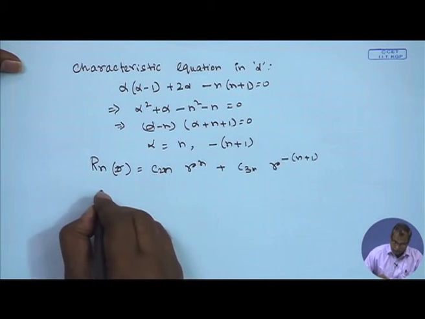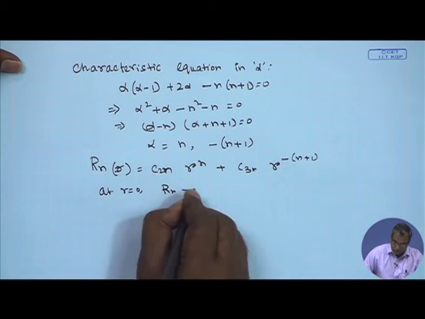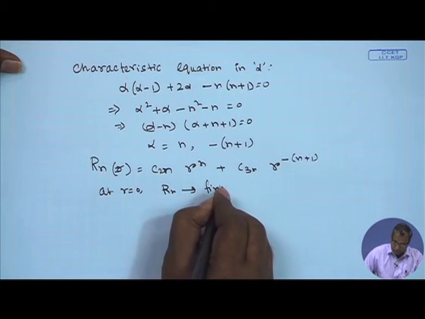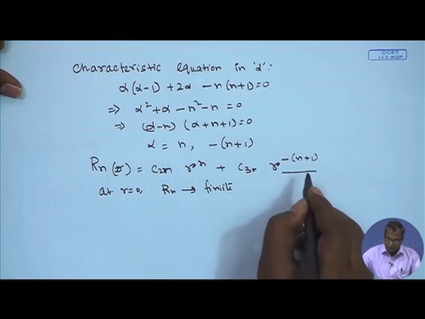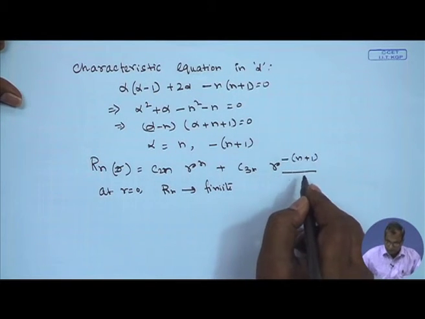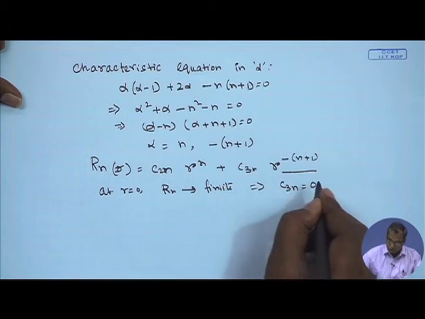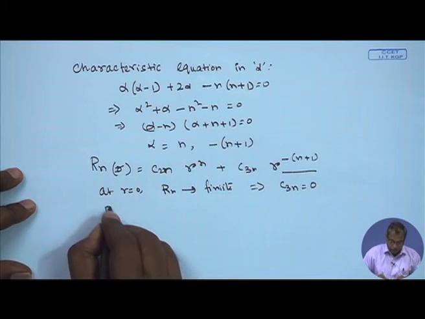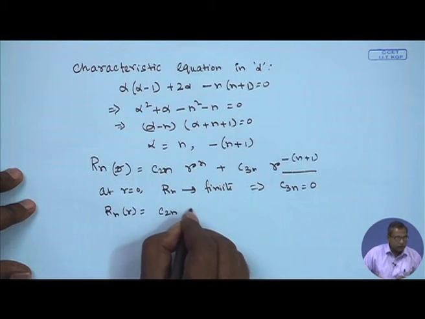Now we put the boundary condition at r is equal to 0, R n is finite. If R n is finite, then this term will blow up and become infinite. Therefore, the associated constant must be equal to 0. So C 3 n must be equal to 0 and R n of r is equal to C 2 n r